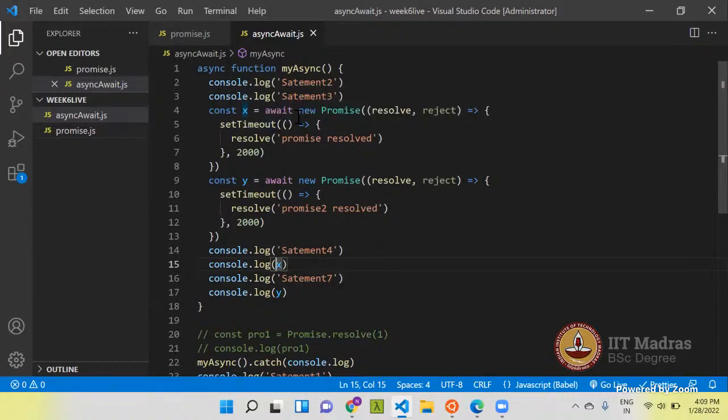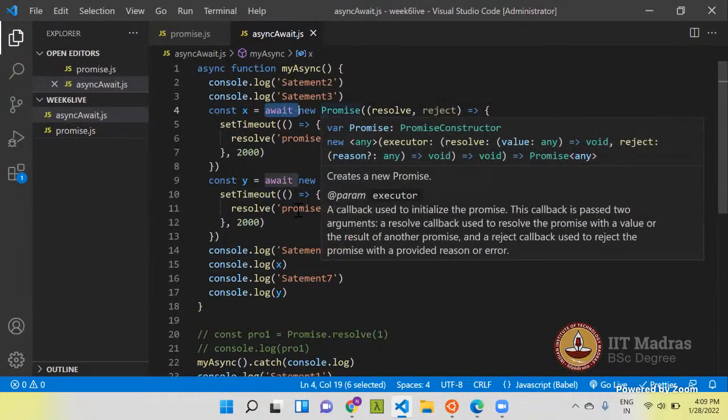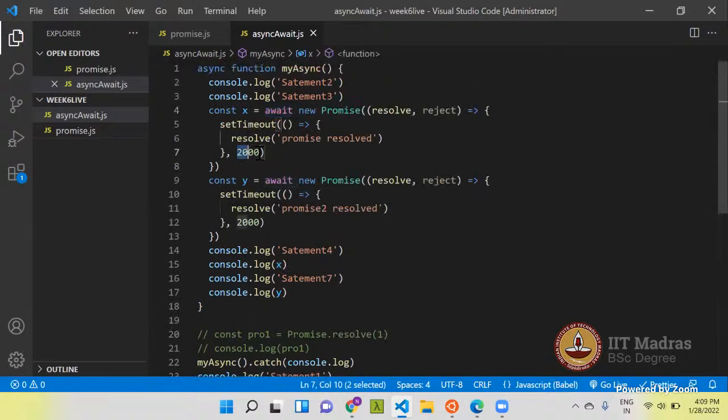Once the control comes here, it will go here, and after 2 seconds it will come to this statement and again find an await keyword. So it starts executing this setTimeout, and it will take 2 more seconds. Then after that it will start printing statement 4, statement 7.